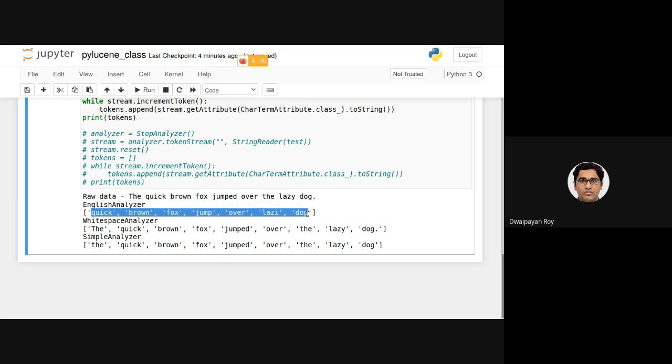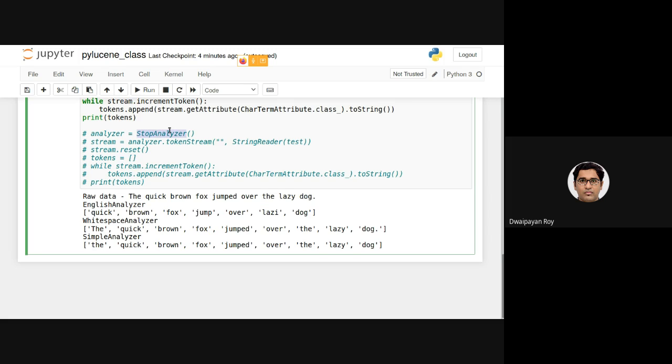In that case, we should be considering it as a stop word. But it is not a general stop word in the English stop word list. So one way of having a stop word list initialized by the programmer is using